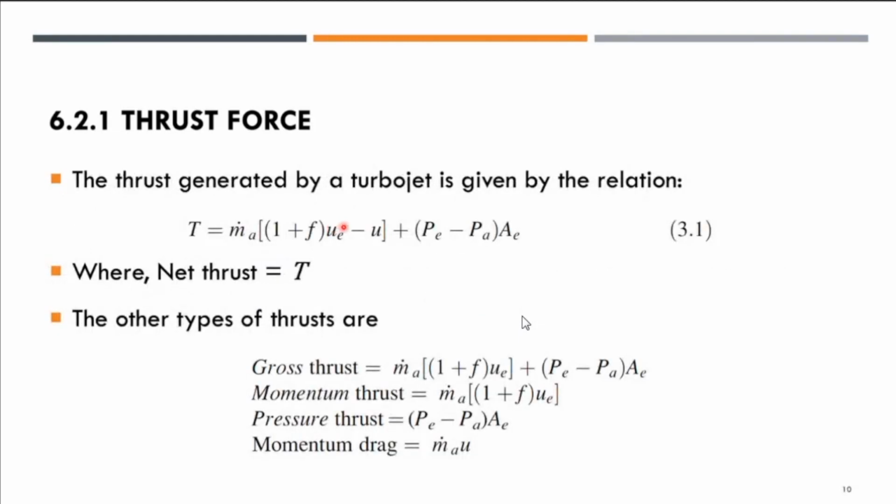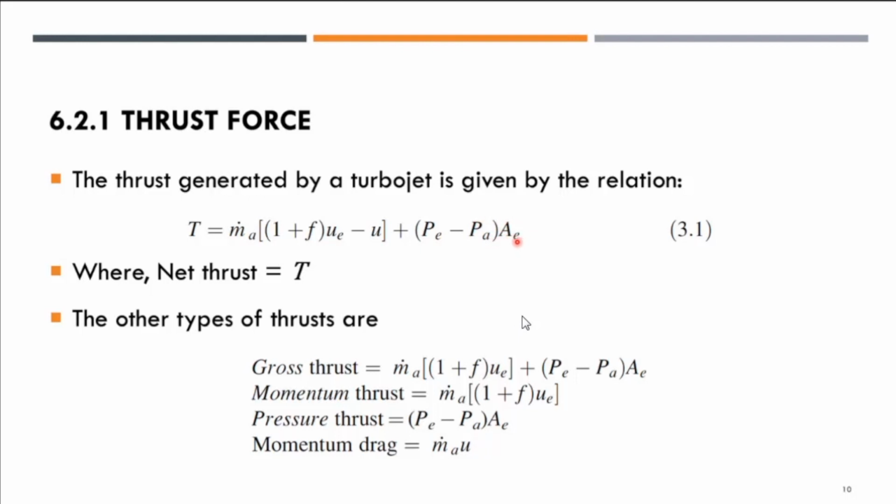The thrust generated by the turbojet can be given in this relation. So you will be seeing this equation 3.1. Thrust, symbol T, equals the mass flow rate of the incoming air, m dot a, times (1 plus f) times (ue, the exit velocity, minus u, the velocity of the aircraft), plus the pressure difference between the exit pressure coming from the nozzle and the ambient pressure, times the area